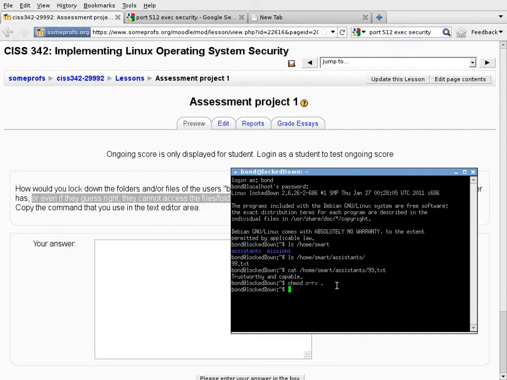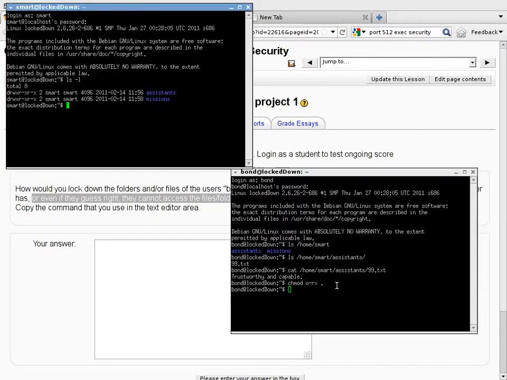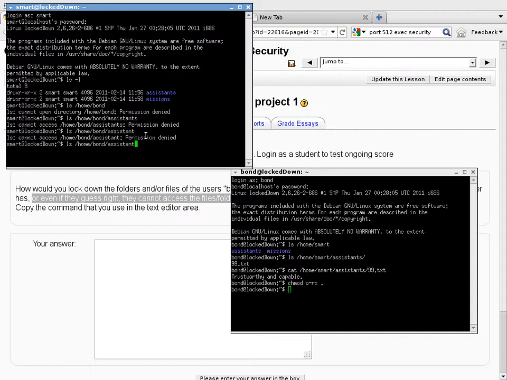Okay, so that's the home folder itself. And what we can do is now try to do whatever we used to do in the previous question, and see if we can see anything in Bond, and we can see that the whole folder itself is locked down. We know from the previous attempts that there's a folder called assistance, and this time it doesn't even let us access it. In fact, we can try any name, even bogus ones, and it does not confirm that the bogus name does not exist,